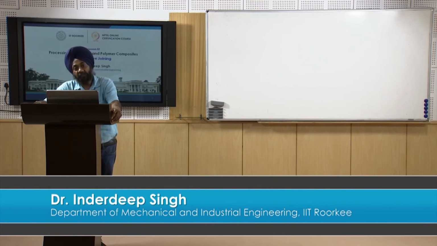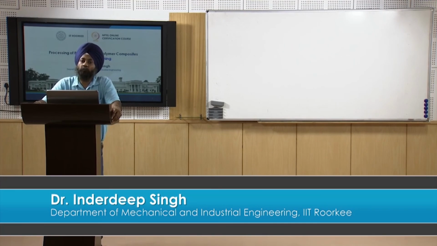So with this we come to the end of today's session on microwave joining. In today's session we have tried to see that microwave energy is a good source of energy which can be used for joining of thermoplastic based composite materials. We have tried to understand very basic issues related to microwave joining, although this requires a very elaborate discussion, but we have just tried to understand how microwaves are able to generate heat inside the material. Then we have tried to see the basic mechanism of heat generation by taking the example of water or heating of water under microwaves. Then we have seen the same principle can be used for heating of polymers.